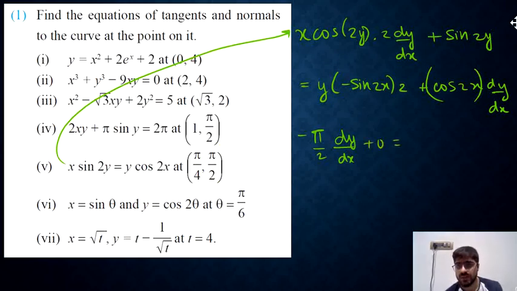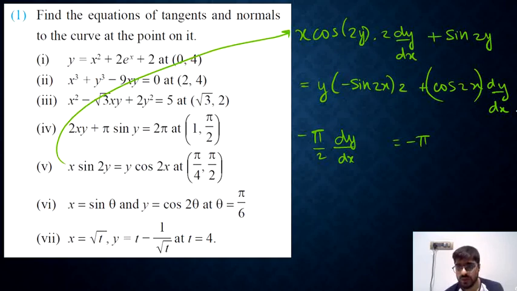On the right we will have sine 2x, which is sine pi by 2. So this will be minus 1 into 2, that is minus 2, into pi by 2. So that will be minus pi, which is your first term. And then you continue with this. So cos 2x is going to become cos pi by 2, so this term will be 0, and 0 into anything is going to give you a 0.